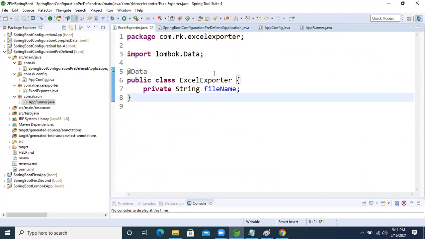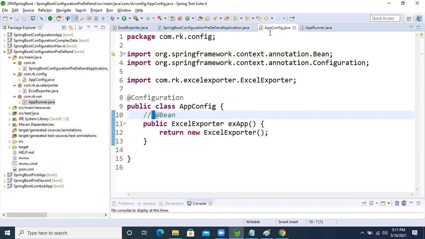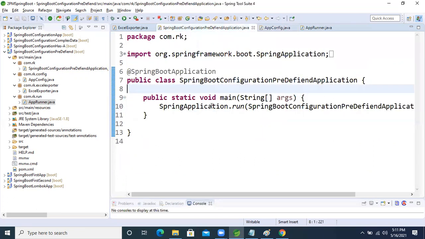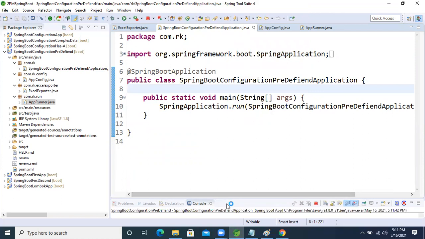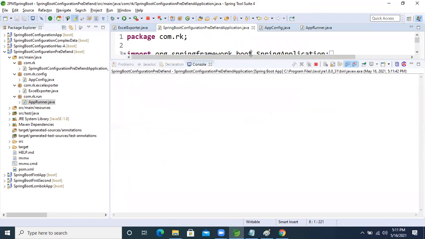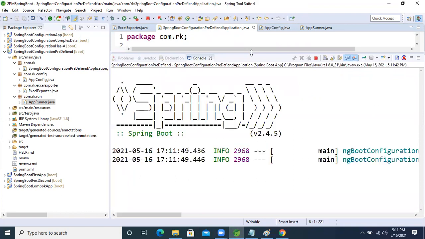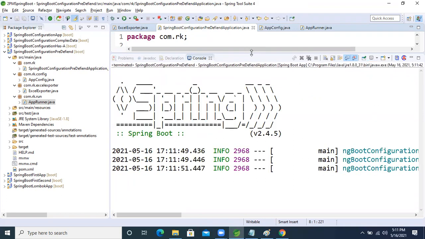Is the runner class running or not, guys?